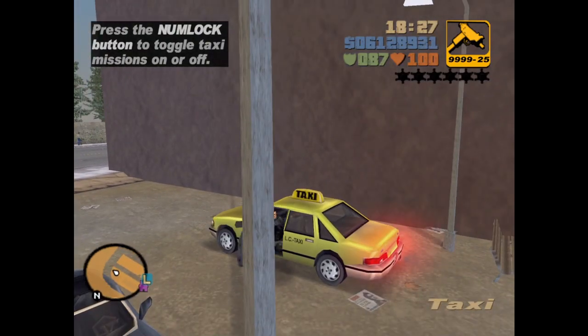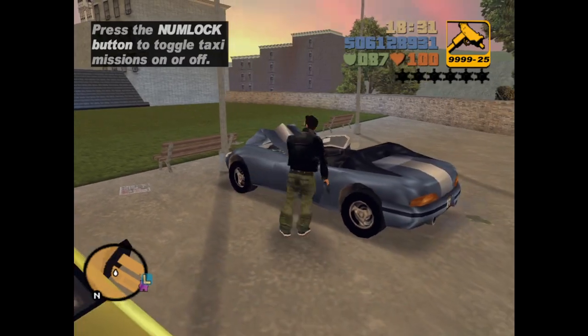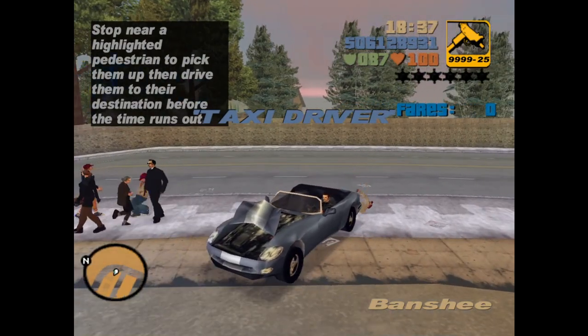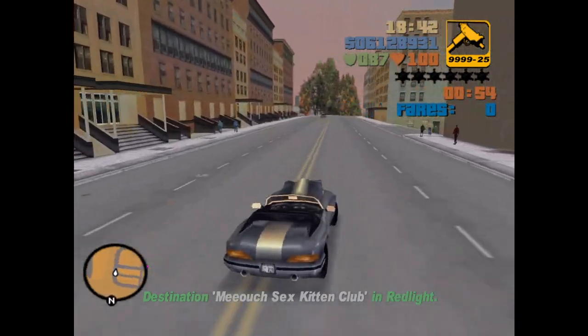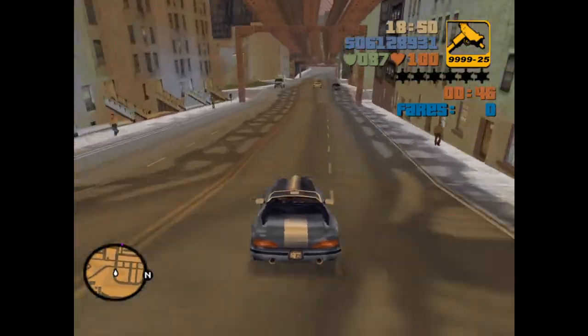So I mentioned this glitch, which allows you to do taxi in any vehicle you want. So right now I got into the taxi. I'm holding numlock and caps lock, which is the mission start and look backwards button. Then I got out of the taxi and carefully walked backwards over to this vehicle. And then once I was in this vehicle, I released both of those buttons, and now we're doing taxi in